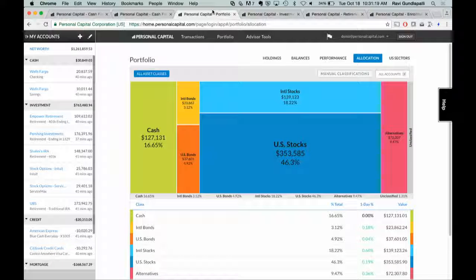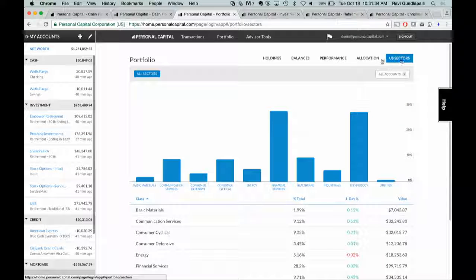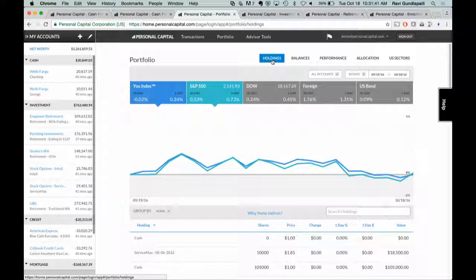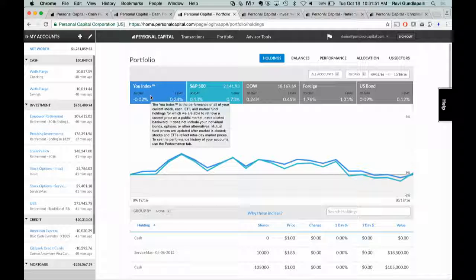Moving on to portfolio, which is your long-term money, your investment accounts. There are a lot of topics here that we can geek out about. Your asset allocation, your sectors and styles, time-weighted and money-weighted performance returns, and a unique U-index that we create based on your own holdings. But again, I'll skip them for now for this demo and encourage you to explore them on your own.